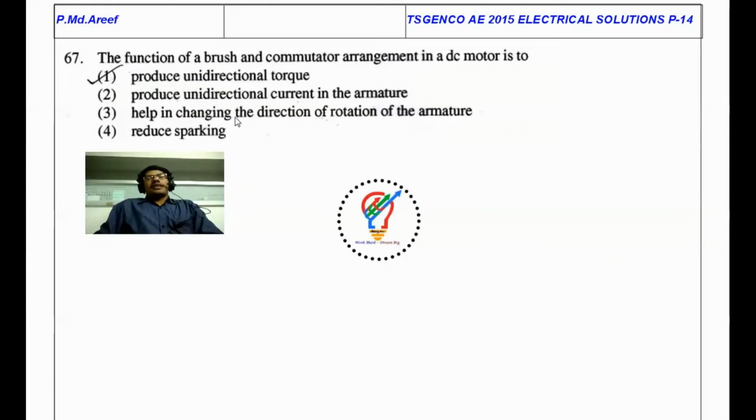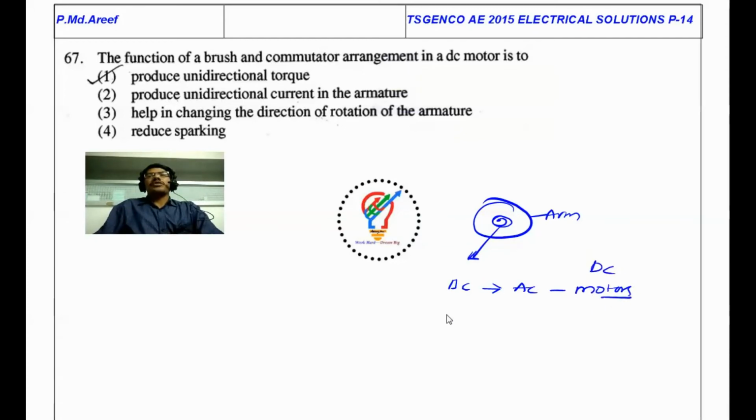It's another simple question from the DC machines: the function of the brush and commutator arrangement in a DC motor. When we discuss the commutator, suppose this is the armature and this is the commutator. What it will do is convert the DC quantity into an AC quantity in DC motors. It will act as a mechanical